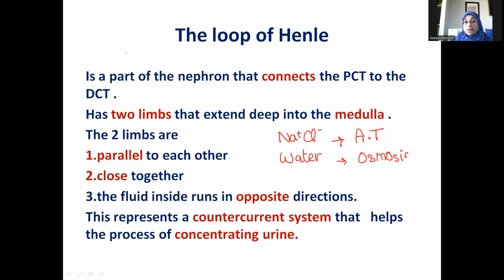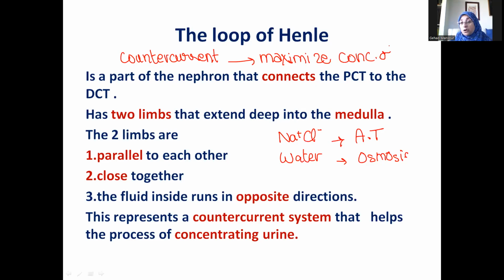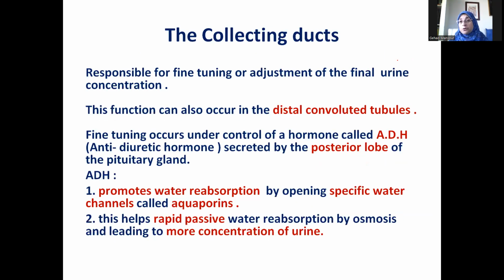But the fact that the loop of Henle is a countercurrent system will help maximize the function of the loop of Henle, meaning that it will maximize the concentration of the renal filtrate or urine. This is all what you have to know about the loop of Henle, and now we would move on to